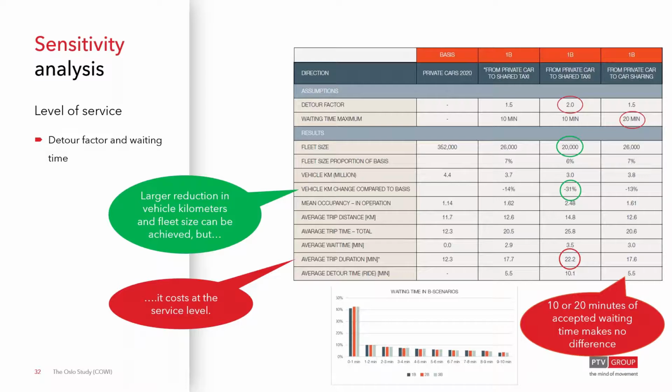And the reason why the wait time had no factor, I just popped up that graph there from the slide before, is that everybody was getting a really good level of service on wait time. So if you just increase it, everyone's getting such a good service already, it's really having no impact.